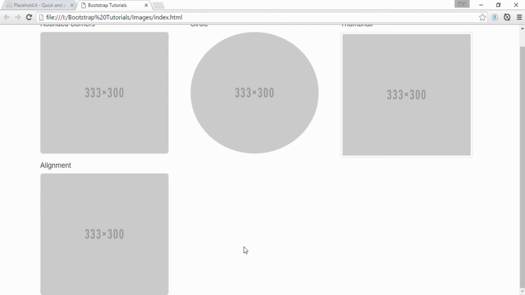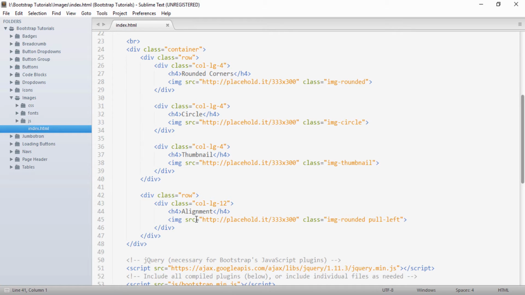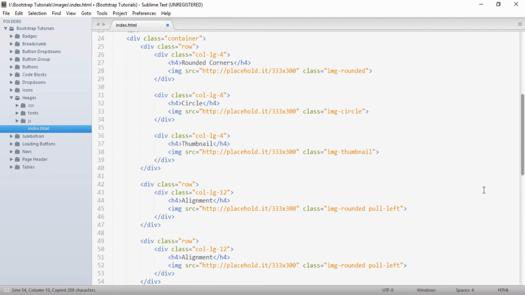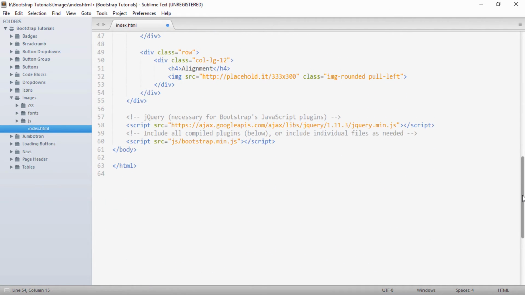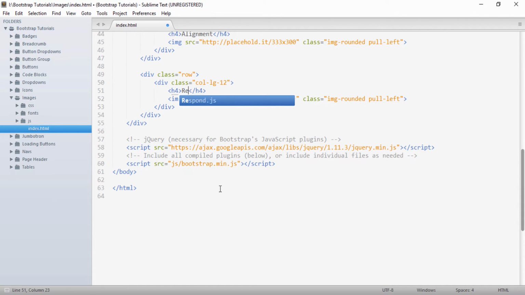Going back to the editor, I will just copy this and paste it below. I will give a heading as responsive image. Currently, if I remove this class and say here I take an image of 900 pixels, and let's say I take a circle shape.